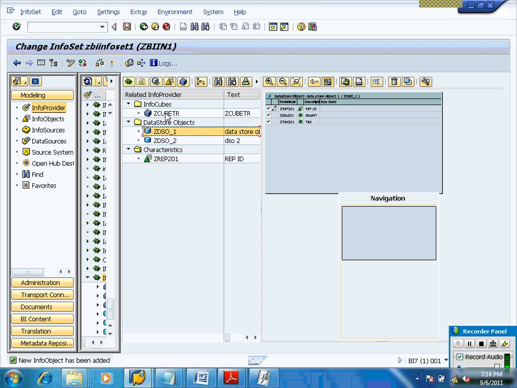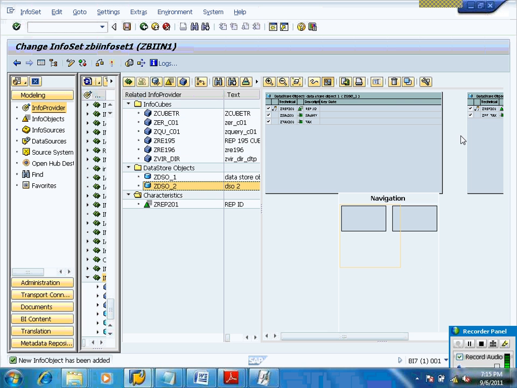We are able to find the same kind of ZREF 201 info object in this info cube, in this DSO, and in this info object. That's the reason it is proposing the other 3 info providers as a connector. So that's the reason we are planning to connect this one.